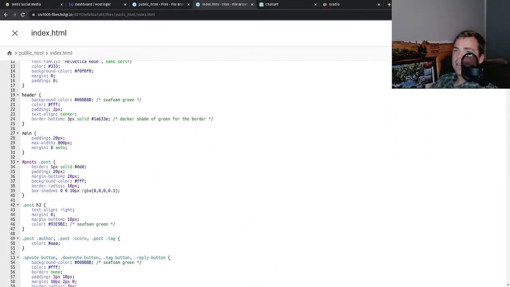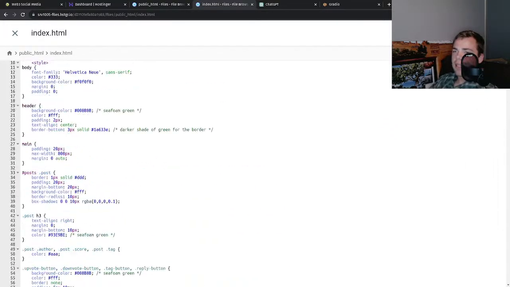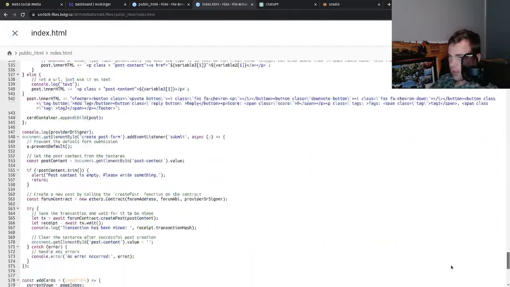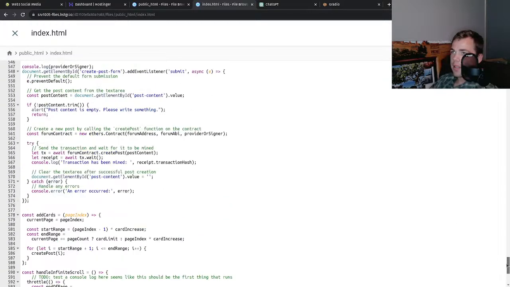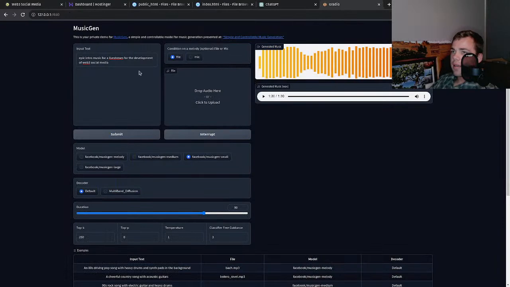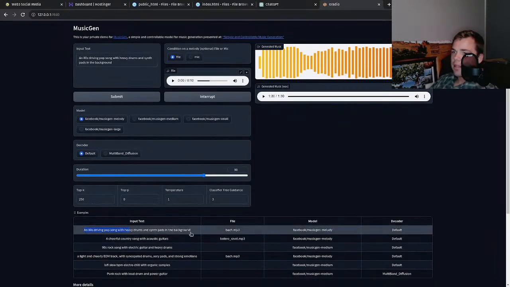Then another 100 or so is the CSS. So really only have 200 lines of HTML and JavaScript. Some of these are helper functions. So really this code needs to be organized. We're going to make it fun though, because we have this way to make license-free music infinitely, thanks to